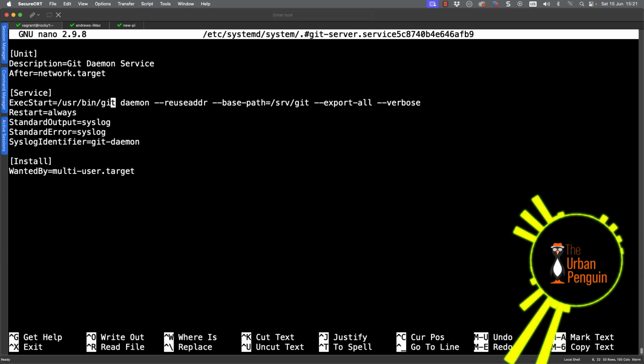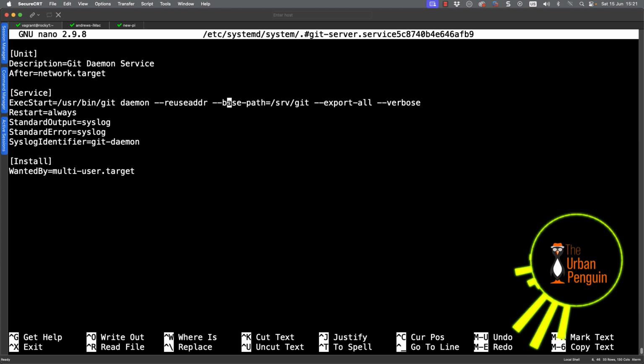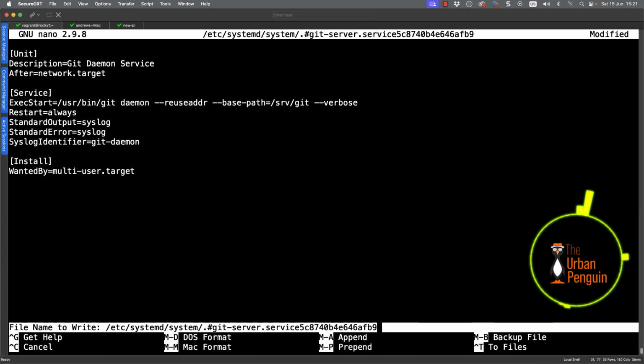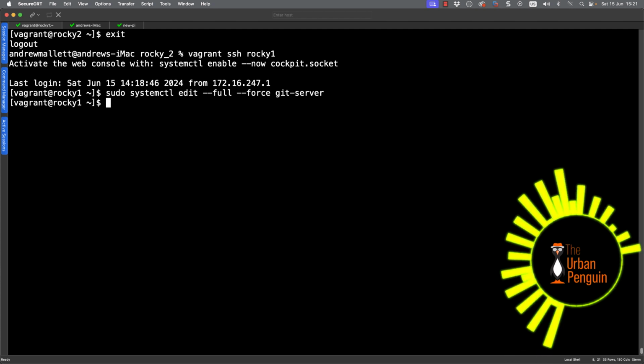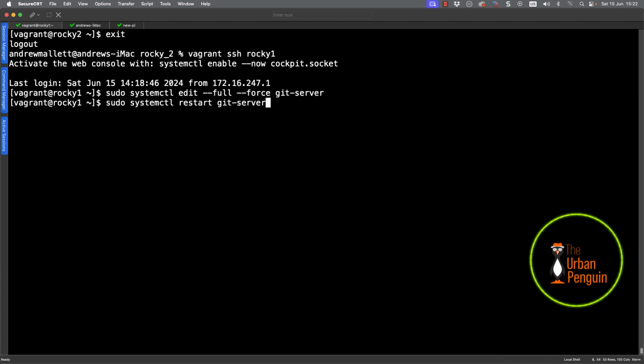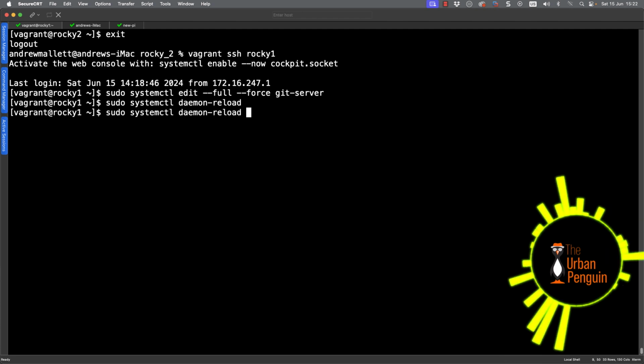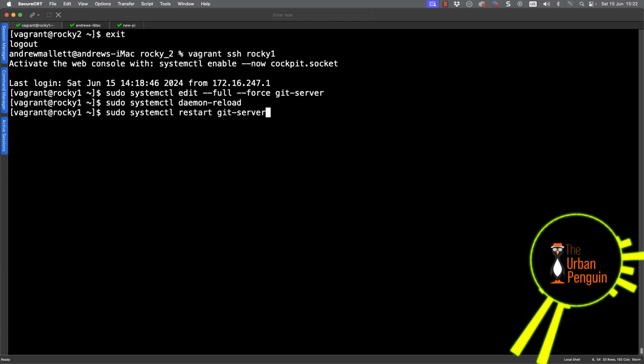We've already removed the option enable-receive-pack to make the system read only, but obviously we have this option here, --export-all, and if we remove that, well, would you believe then we're not exporting our repositories automatically. We have to manually export them. So if I now go through and reload systemd and restart my Git server,